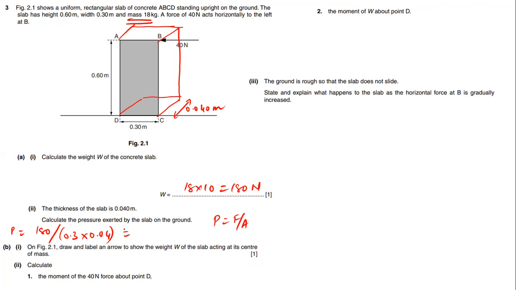So what is the answer? 15,000 pascals. Then B. On 2.1, draw and label an arrow to show the weight W of the slab acting